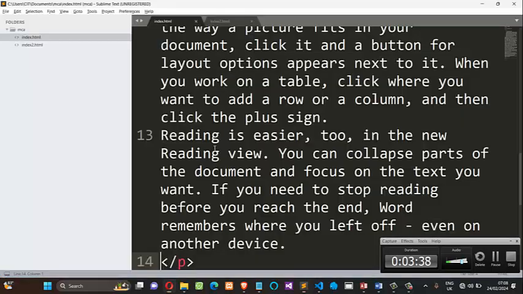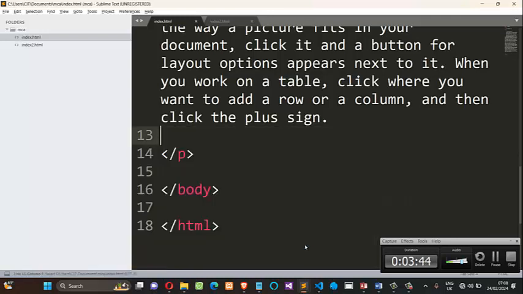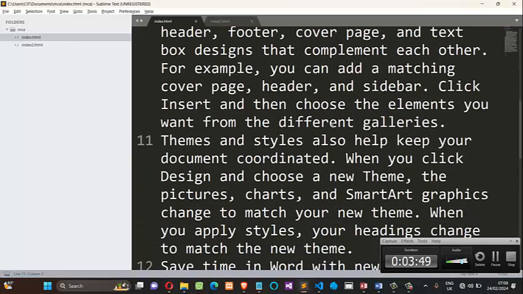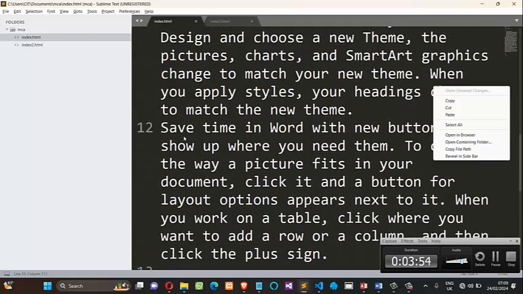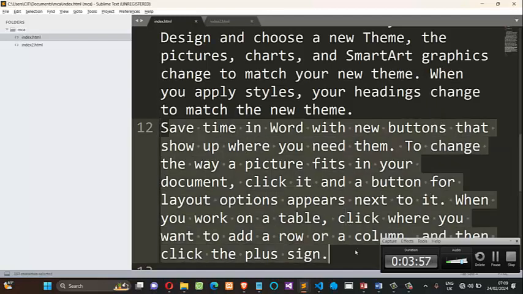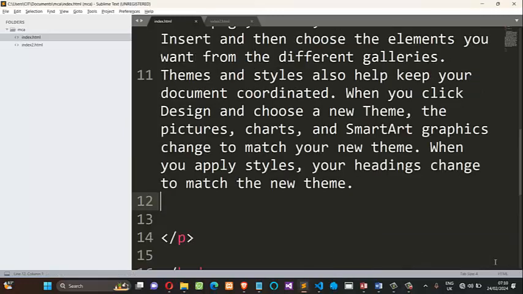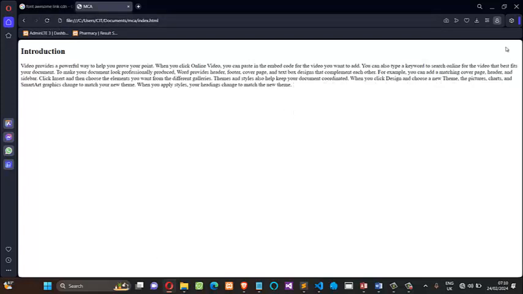If it is too much, we reduce it by clipping some of the paragraphs within our work. We refresh. It's too big again. We find another area, something like this, and we save again. When you refresh, it will display your text. But look at the edge. The edge is not well justified. We'll cover how to make justified text